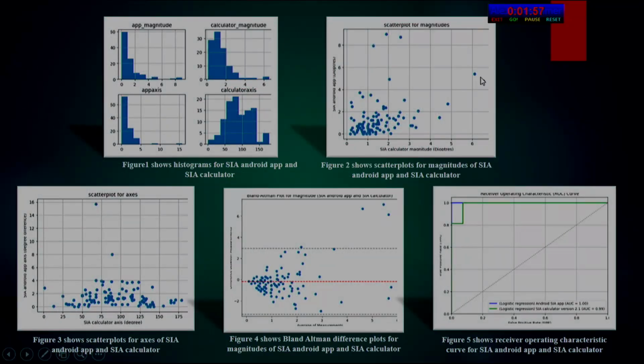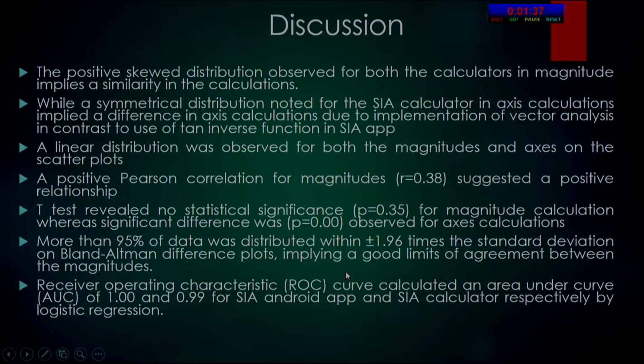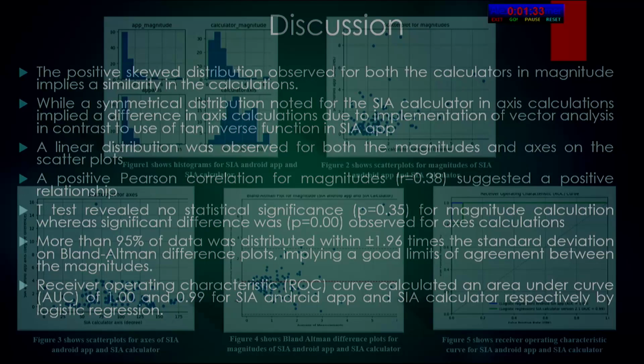A positive correlation was obtained in scatter plots between both axis and magnitude. These all are outliers, and in the Bland-Altman difference plot we can see more than 95% of the data lies within 1.96 times the standard deviation. It implies a positive correlation, good limits of agreement between the magnitudes, and the receiver operating characteristic curve